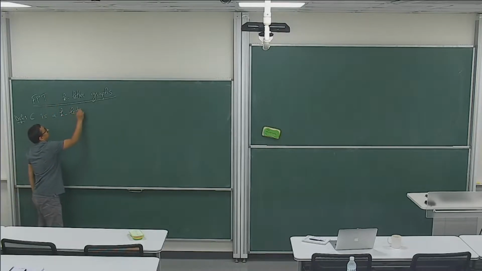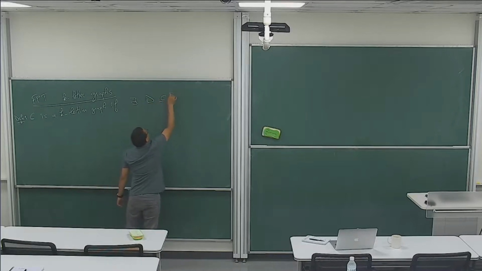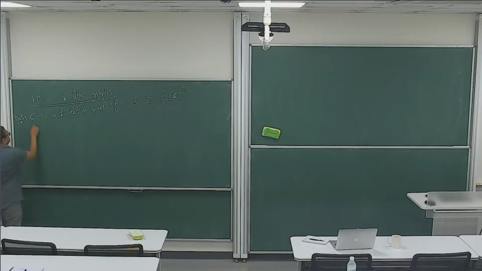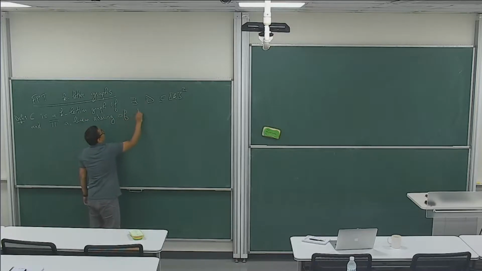So K-letter graph if there exists a directed graph D, so this is a directed graph, on K vertices, and a linear ordering of V of G,